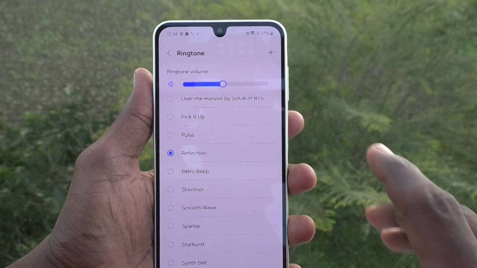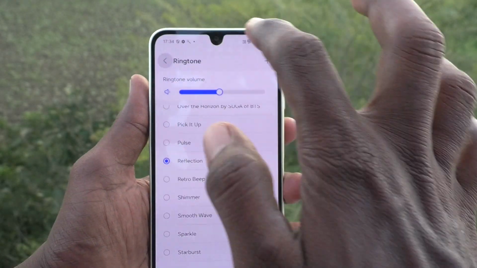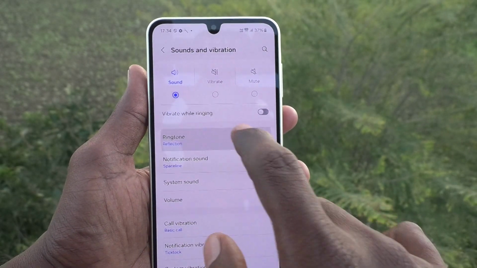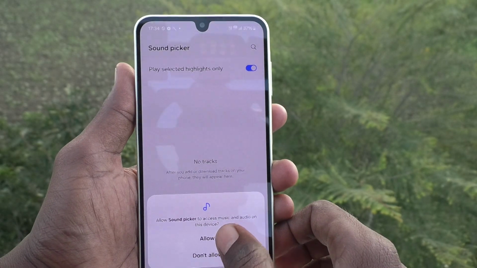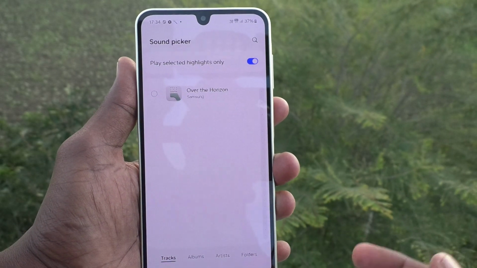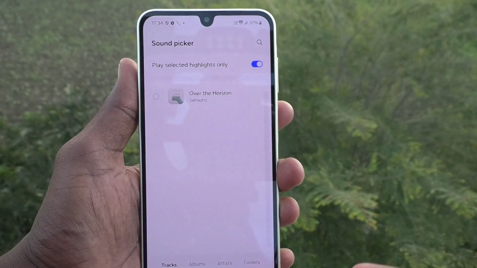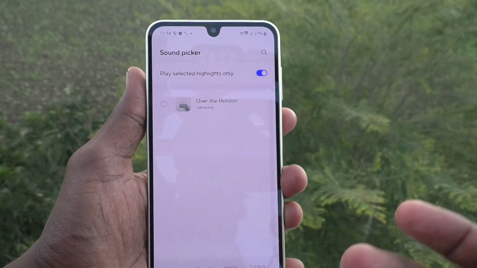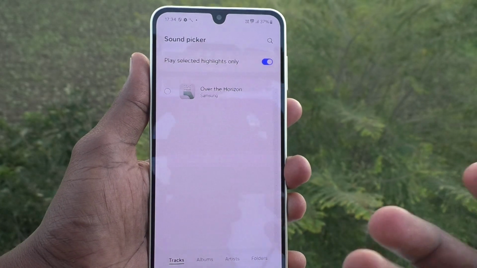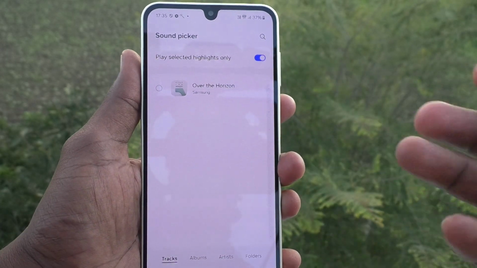and what you pick will be set as the ringtone. Suppose you would like to set a custom ringtone. What you have to do is click on this plus symbol and then give permission, and here you can pick any song to be set as a ringtone. Suppose you have any music file in your local SD card or internal storage,